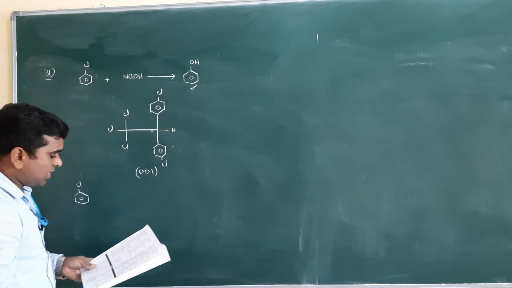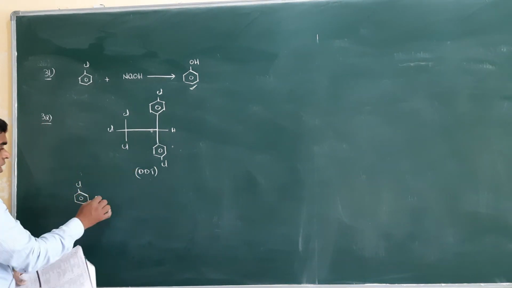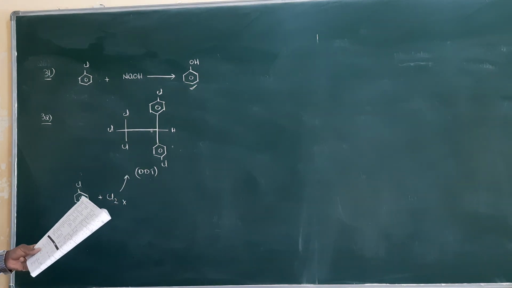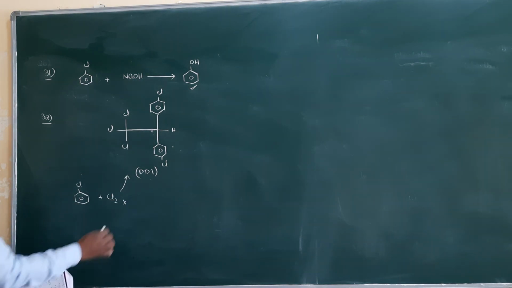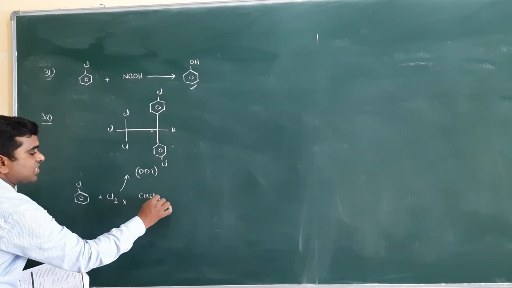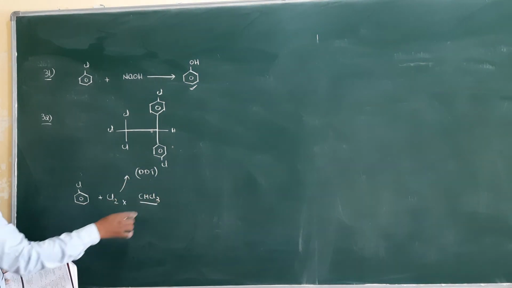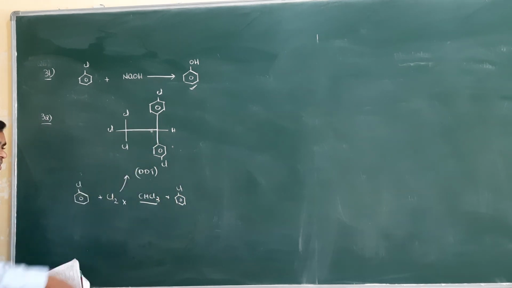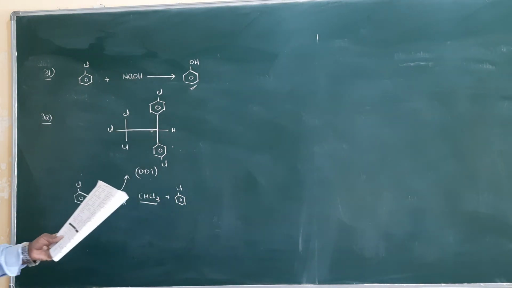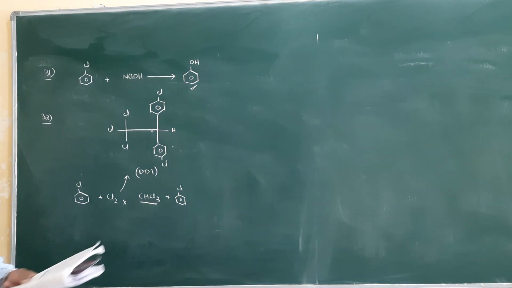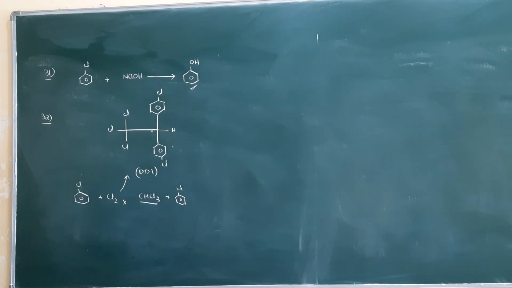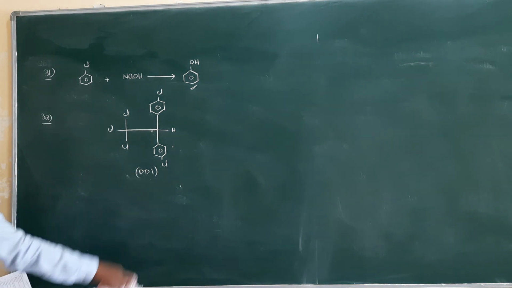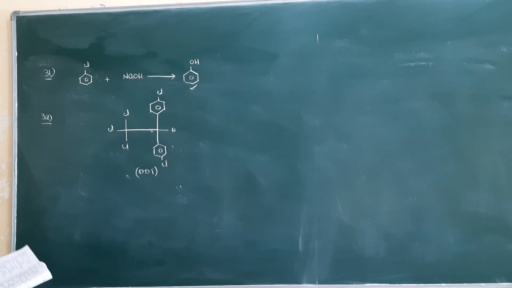Next one, what is it? Chlorine. When treated with only chlorine, will you get this compound? No, you will not get this compound. Next one, chloroform. Chloroform means CHCl3. If you treat chlorobenzene with this, will you get this? No. And you see trichloroacetone and chloral hydrate. The option here, the fourth one, is the correct one. How to prepare this we have already discussed in the PU part, preparation of DDT.